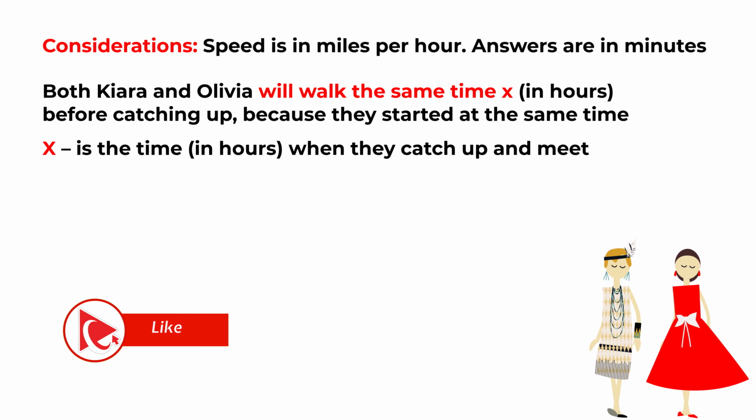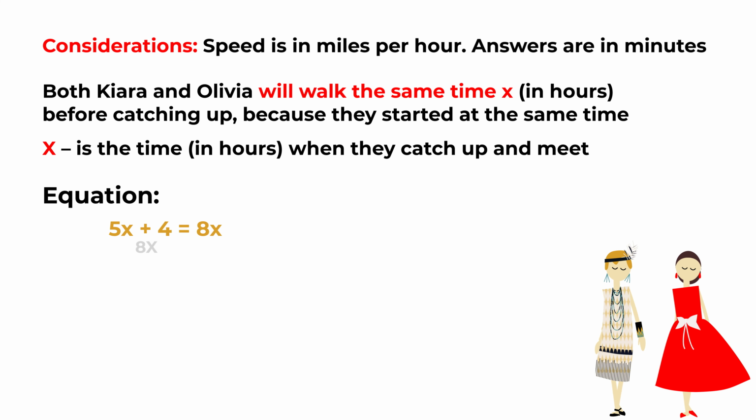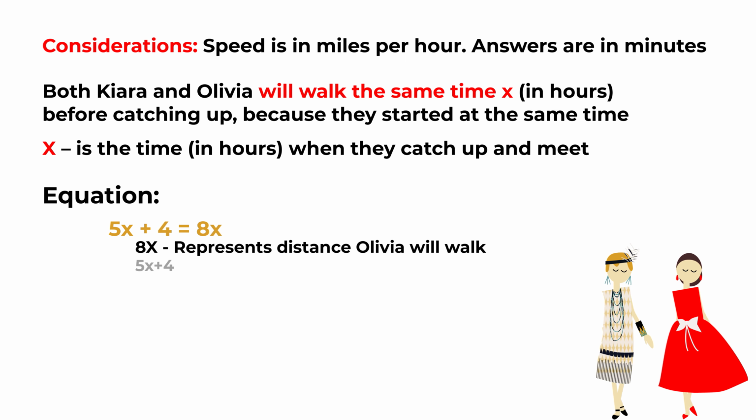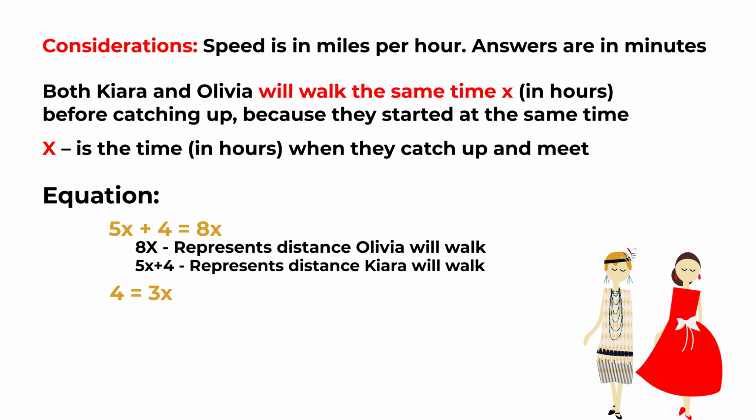To solve this challenge, we need to build an equation. 5x plus 4 equals 8x. 8x represents how much Olivia will walk, and 5x plus 4 is representing how much Kiara can walk. And the starting point for this will be the starting point of where Olivia starts, since Olivia starts 4 miles behind. So if we simplify this equation, 4 will be equal to 3x, and x will be equal to 4/3 or 1